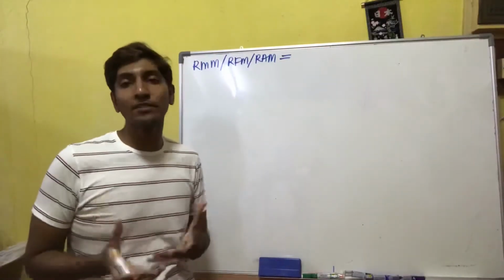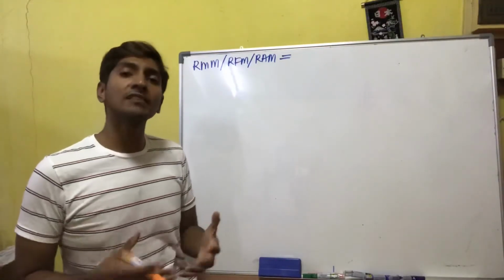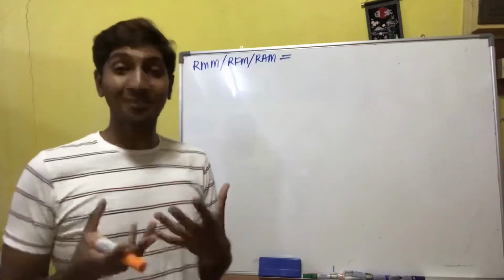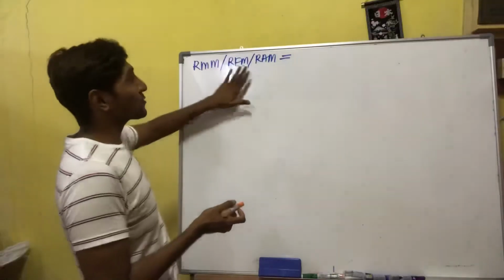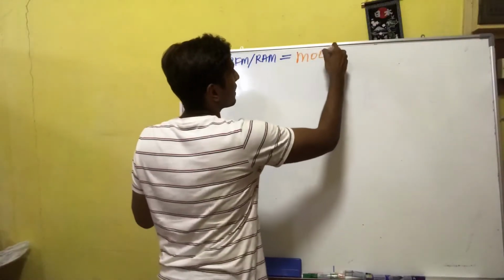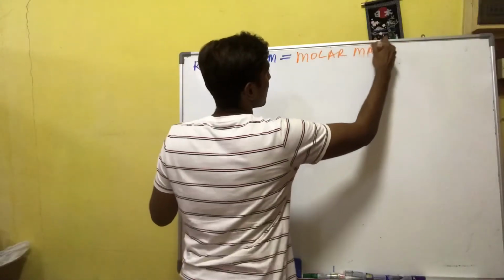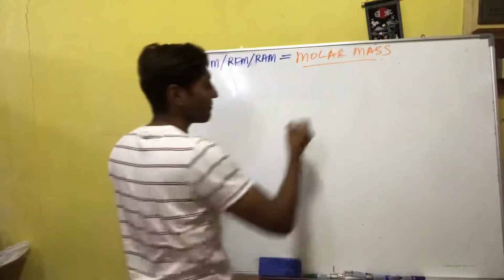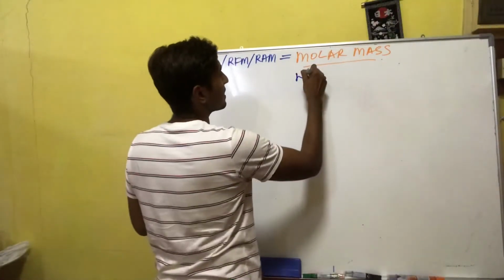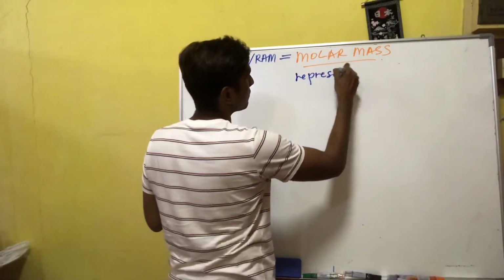So what is the importance of knowing the value of relative molecular mass, the relative formula mass, and also the relative atomic mass? So these 3 values are equivalent to what we call molar mass. So what is molar mass? So molar mass is basically a representation value,